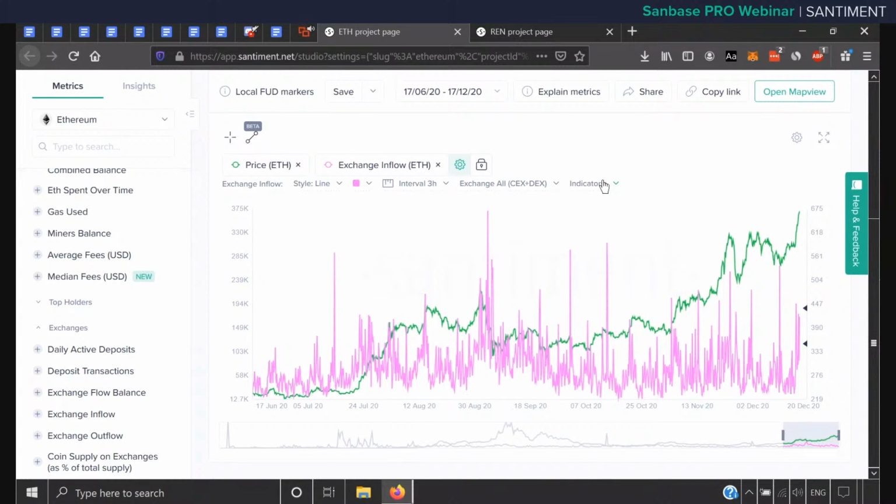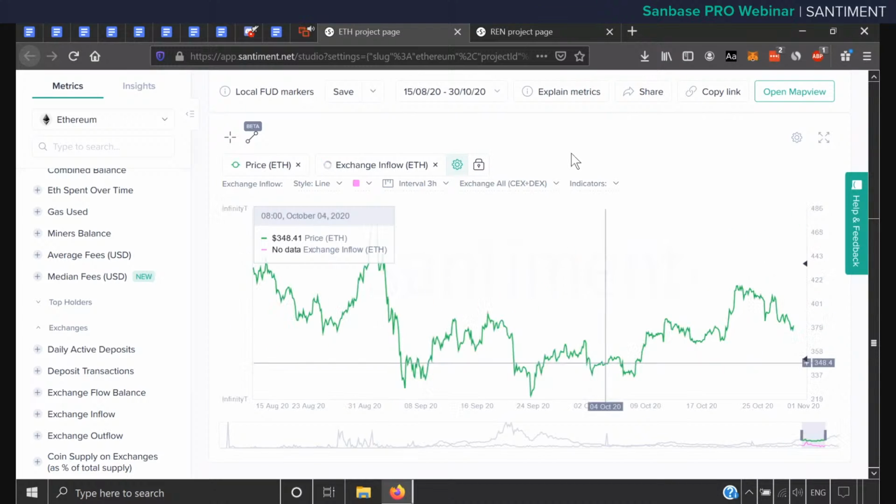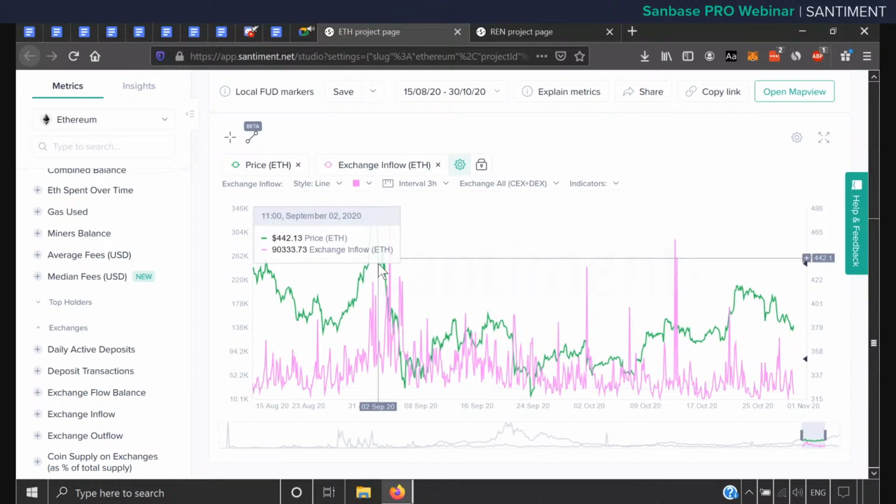Okay. So another thing that I wanted to show, however, is that similar to daily deposits, when you see spikes in exchange inflow during downtrends like we've seen here, and like we've seen here during the early September market-wide correction. The entire market, if you remember, crashed on September 1st, right? And since then, we have seen this cluster of exchange inflow spikes in the next couple of days, pointing to a wholesale